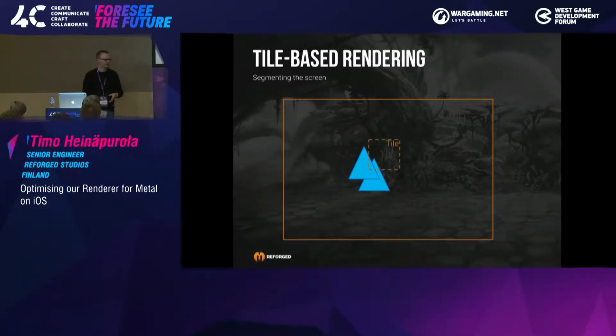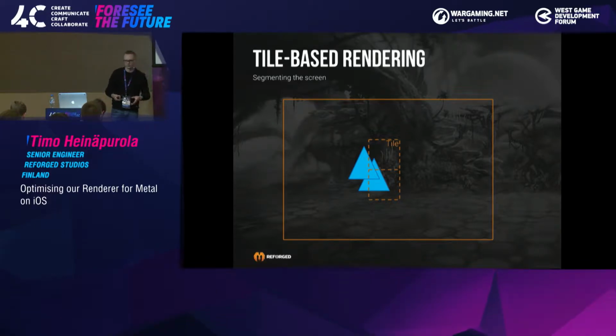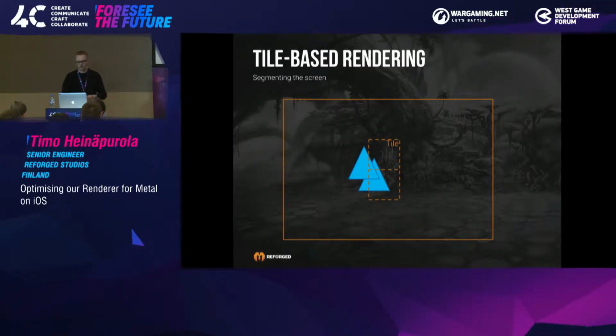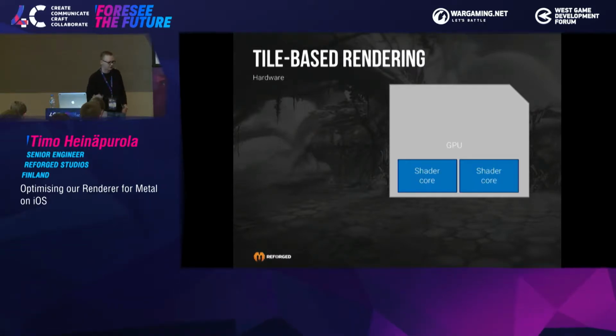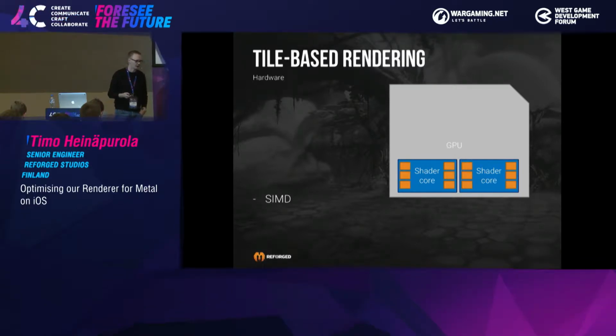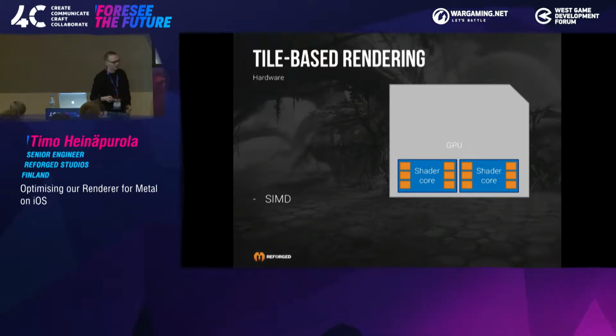In tile-based rendering, you split the screen into one or more small tiles, and you only process the geometry that really overlaps with these tiles. So you're able to minimize the amount of data you need for rendering an individual tile. From a GPU architectural point of view, the GPU has multiple shader cores. These are organized in a SIMD manner, so each of the ALUs operates on the same instruction, but with different data. Very traditional model. But these are also typically